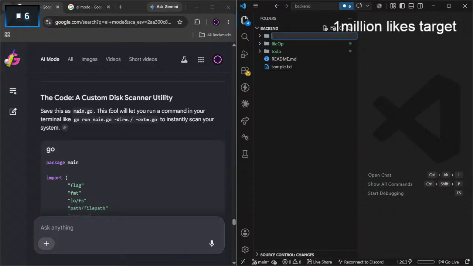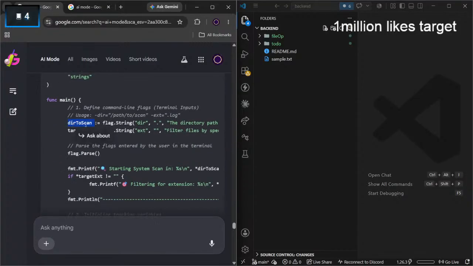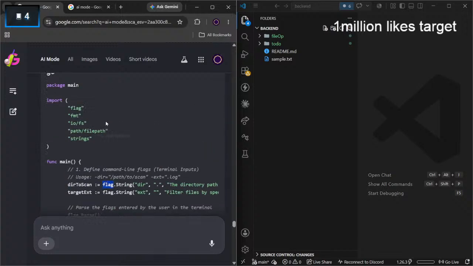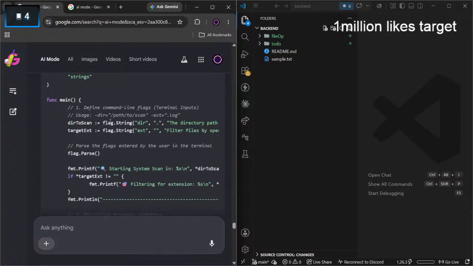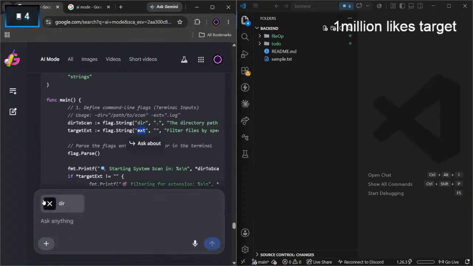So now it's going to teach me a custom disk scanner utility. Let me see if I'm able to understand the code right now. This is the directory to scan. This is a variable, and we have a flag. I don't know what flag does. Flag to string, I don't know. This is something new for me. And we have the directory and ext.